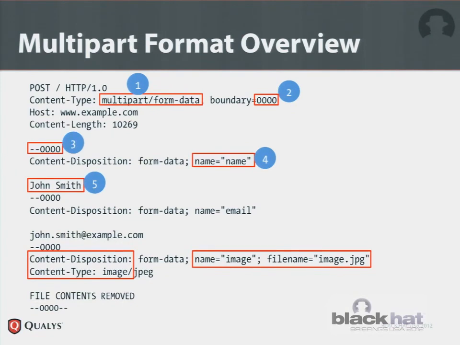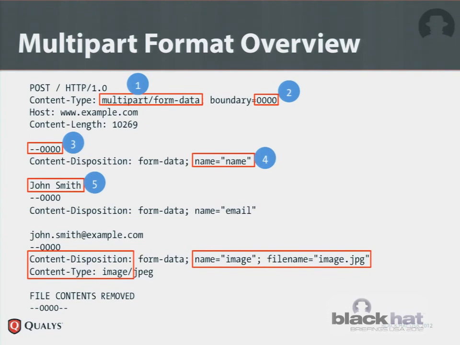In order to successfully process a multipart form data payload, a web application firewall has to do at least 5 things, and there's more. It has to first correctly identify the MIME type, multipart form data, and as we've seen, that doesn't always work out. Then it has to extract the boundary, and then use the boundary to process the request body. By using the boundary, it will extract individual parts. Each individual part corresponds to a parameter or a file that's being uploaded.